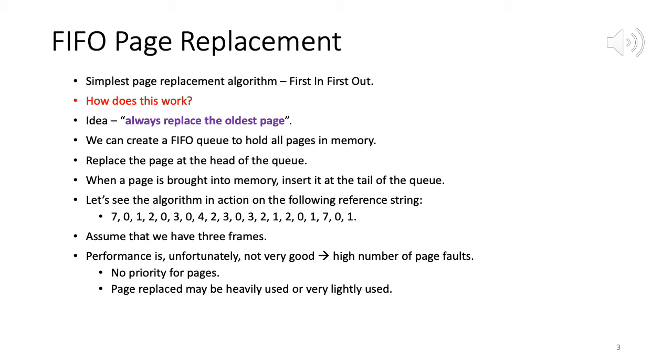So first is just like in scheduling, where we do the first task that arrives, we schedule that. Similar logic here, but in terms of page replacement. So the idea is first in, first out, always replace the oldest page. So I have pages coming in at particular time intervals, 0, 1, 2, 3, 4 pages coming in. Now another page comes in after a while. So which page do I evict? The page which arrived the earliest. Okay. So the idea is to always pick the oldest page for eviction.